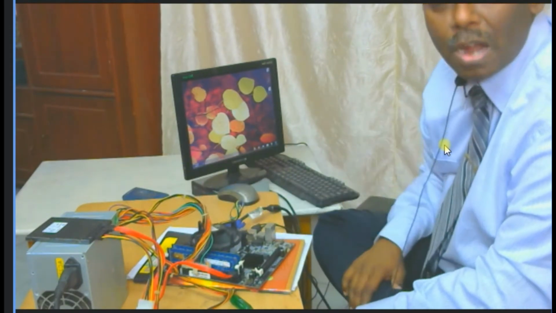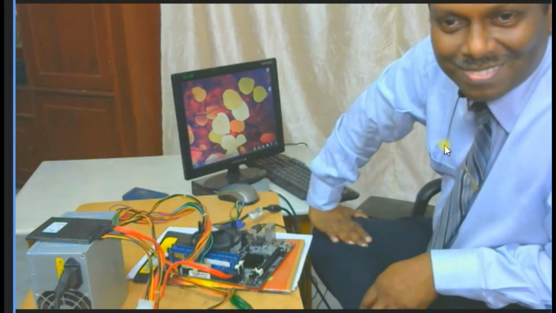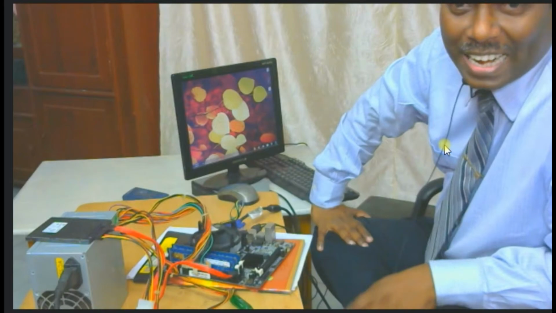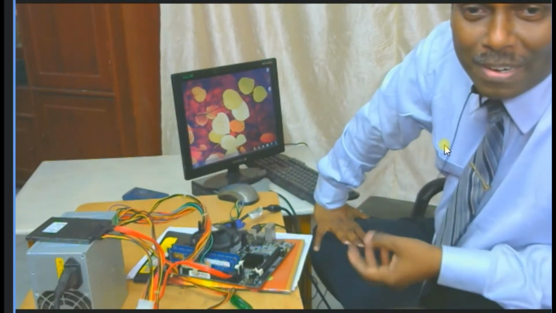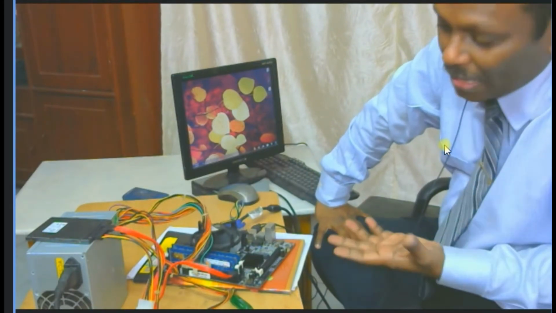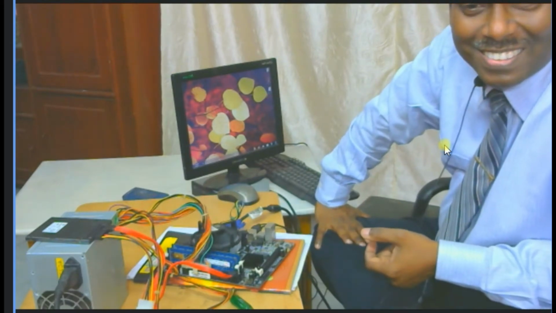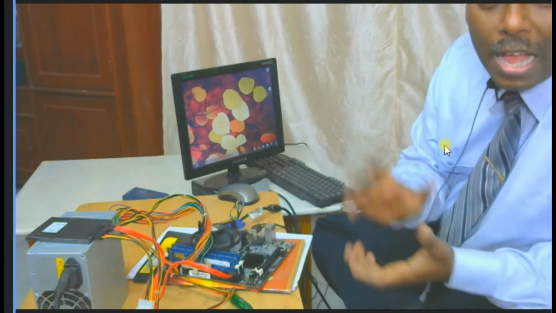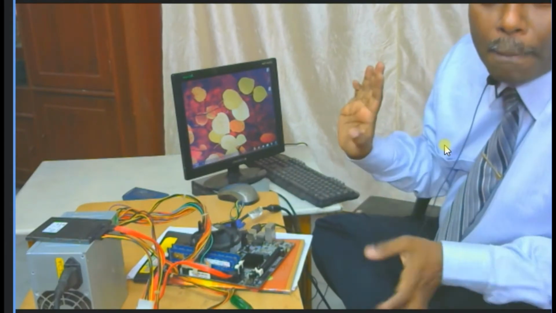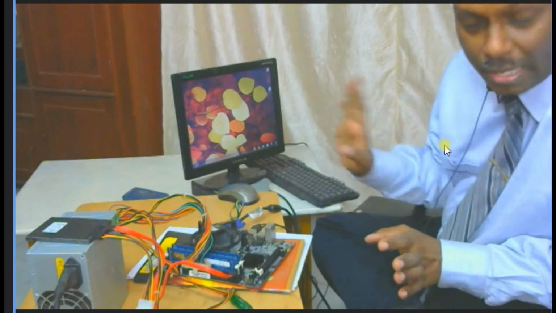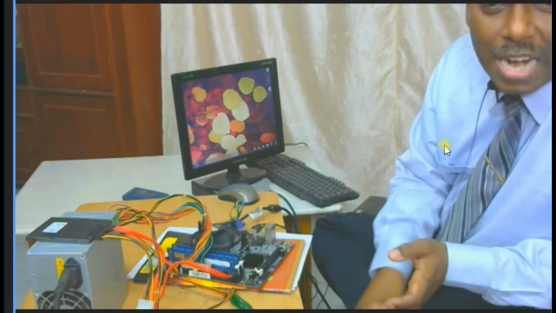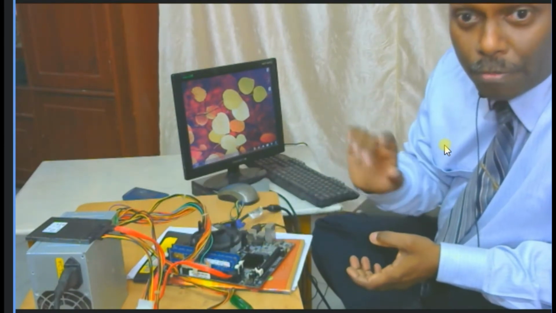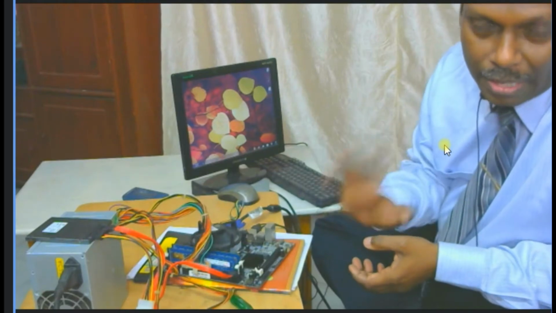When your RAM is not working, what will happen? The system will not start. The system will cry: "Hey, I don't have memory." Beep, like that it will cry. If RAM is faulty, the board will say that I have CPU, I have power, I have motherboard, everything, but I don't have memory, so I cannot go further. So it will start shouting beep, like that. Is this clear? That is how you figure out what the problem is for each thing.